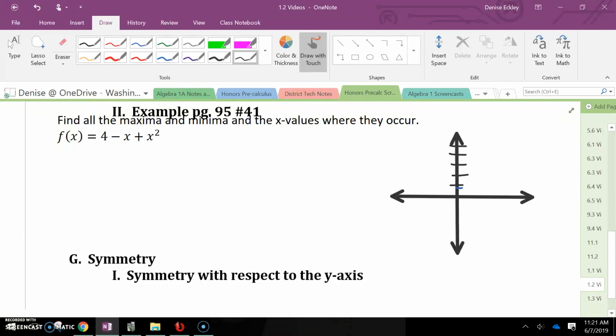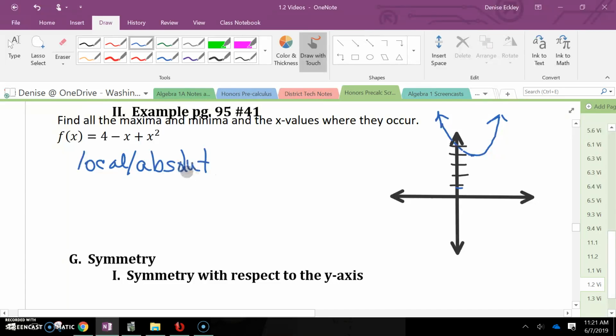And so it's going to look like this for a rough sketch. And so what we're going to say is we have a local / absolute minimum